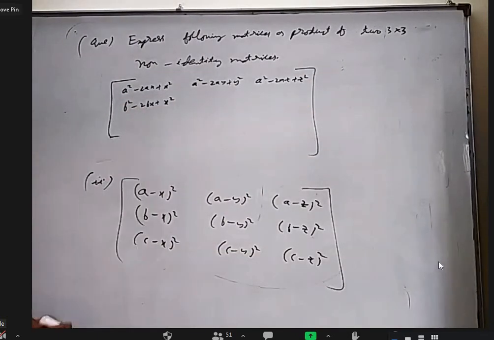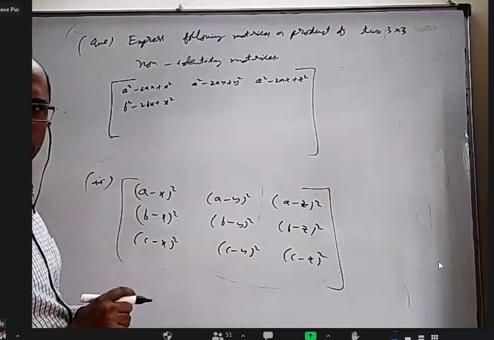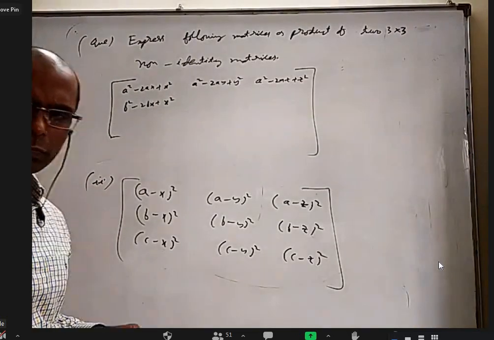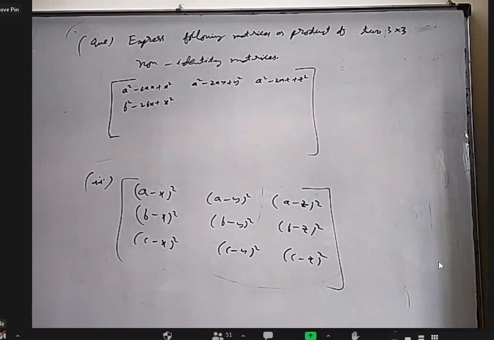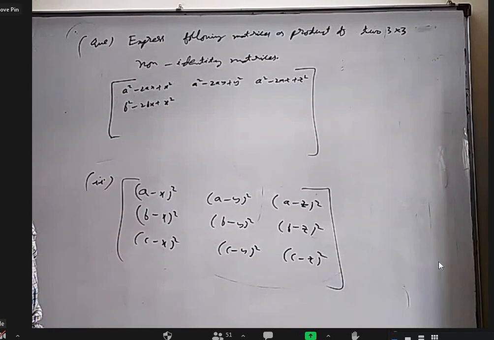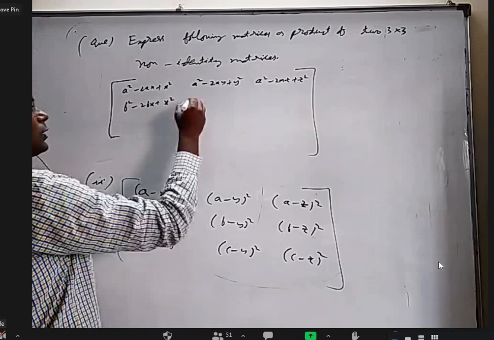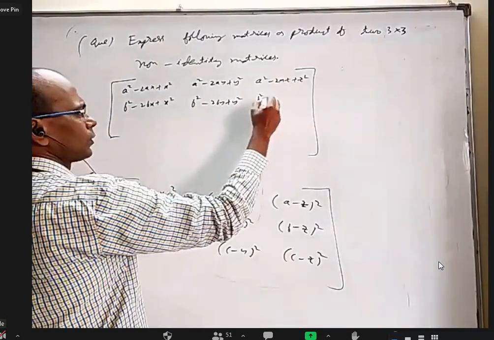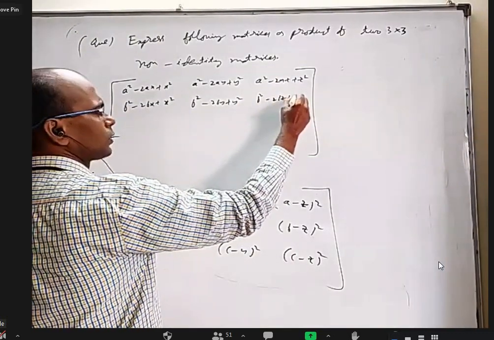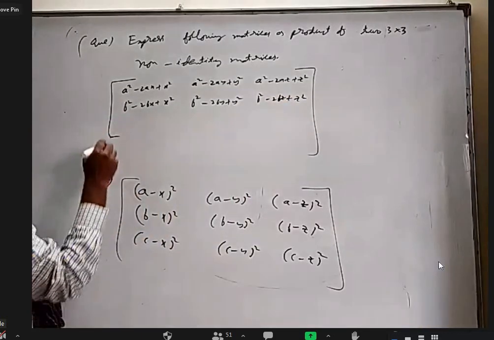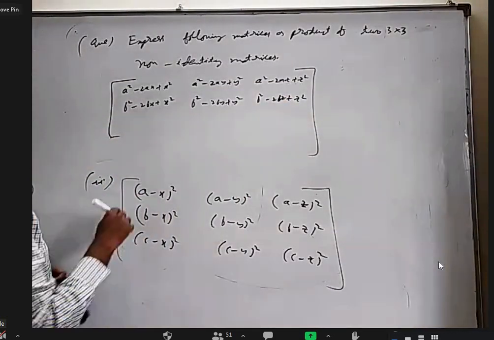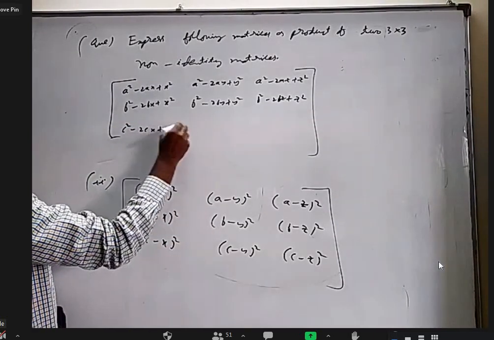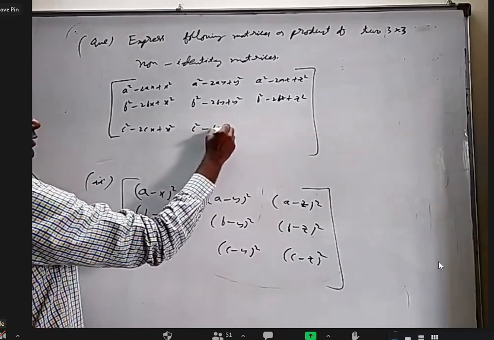Excuse me, sir. Yeah. You want to tell something? Yes, sir. Can we write it as a minus 1 whole square? I'm listening. If it's wrong or right, feel free to tell. Don't worry. What I'm thinking is, as Cooper told, he abbreviated that form, so like a minus 1 whole square. In the same way, we can take it as. Tell me what is the first row, what is the second row. As I said, there is no unique answer. There are infinite answers for this question.